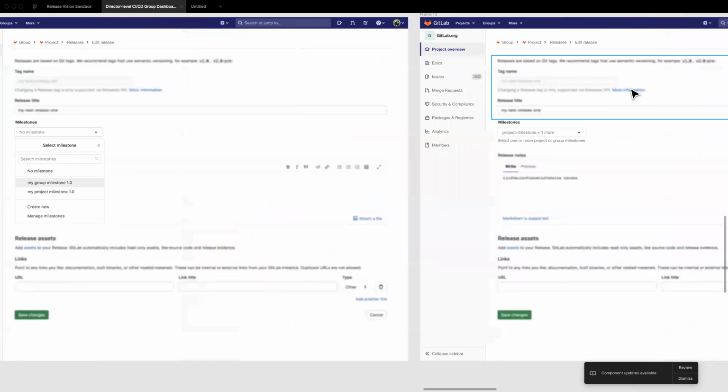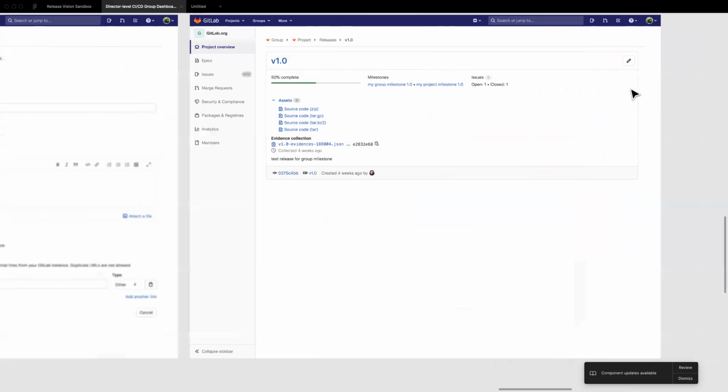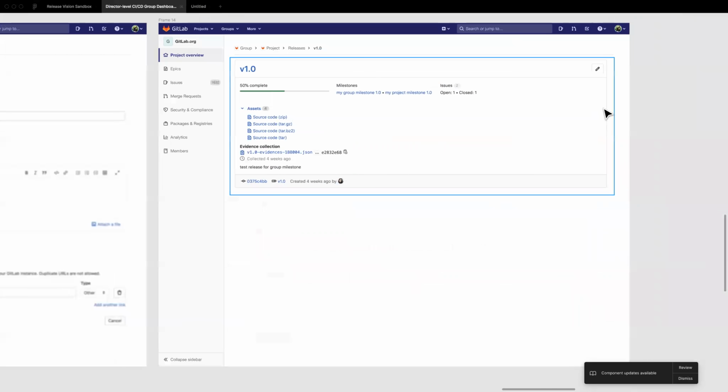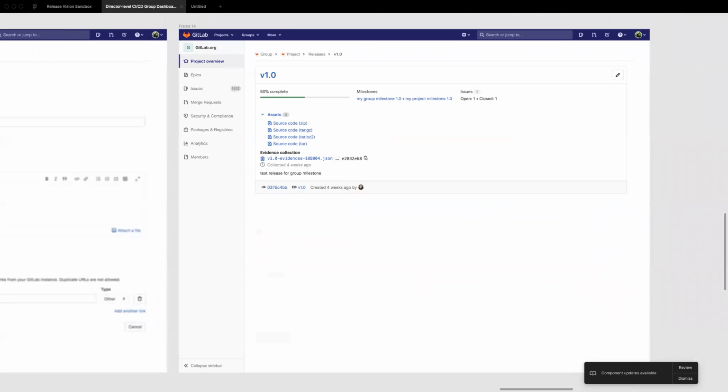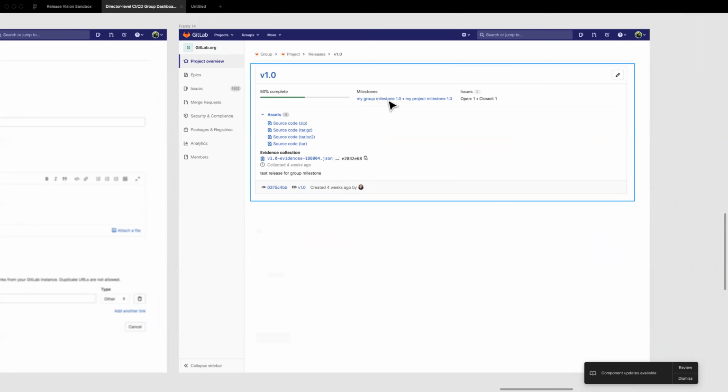And then the next one is actually on how you see this information, because I haven't prototyped that. And I was like, wait a minute, I'm missing something here. So now that you have your group milestone added to this release, we're going to need to show it in this view. And also the counter of issues and the progress bar will need to be updated to reflect this